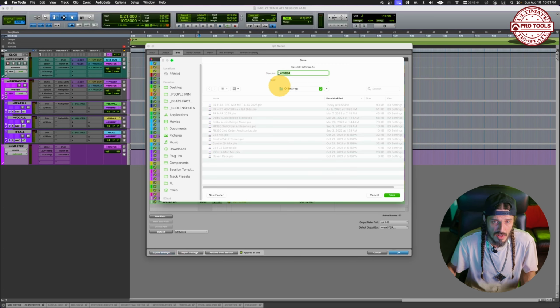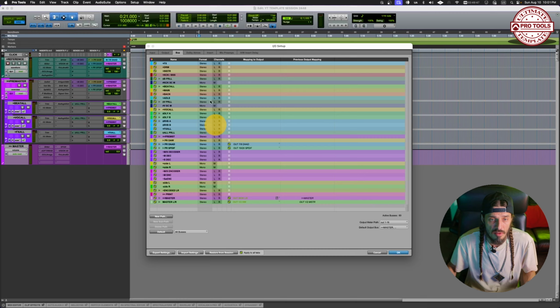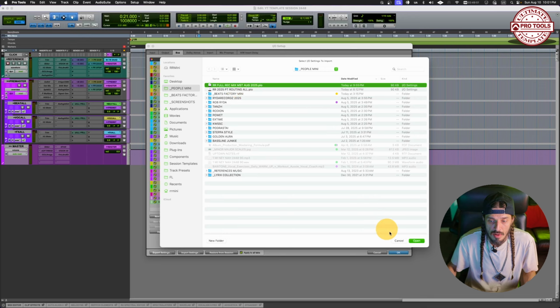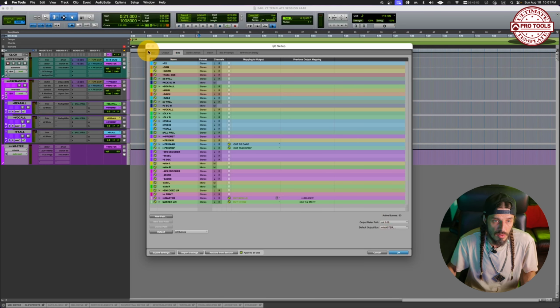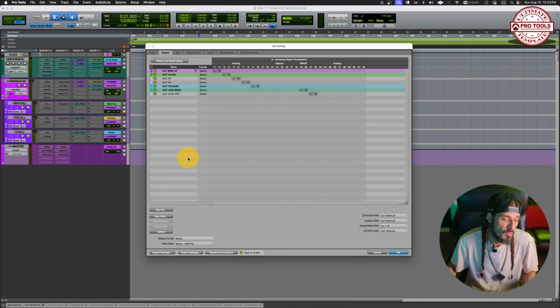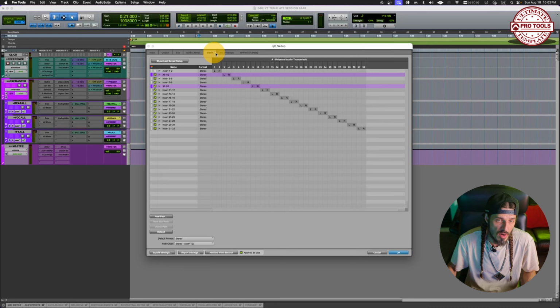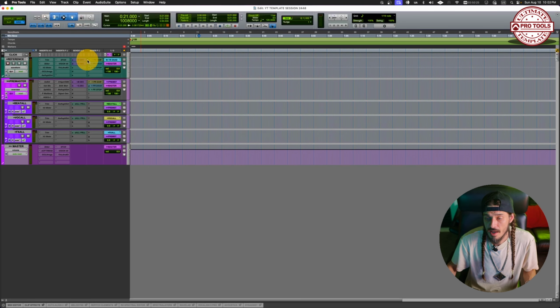So you export your settings, and then whenever you need to load it, you just import, you select the file, and you open it. Then you pretty much do it for every tab, because I tried doing it and it only did it for the bus tabs. It didn't do it for the output. So you import here and you import here as well. And to save the template,